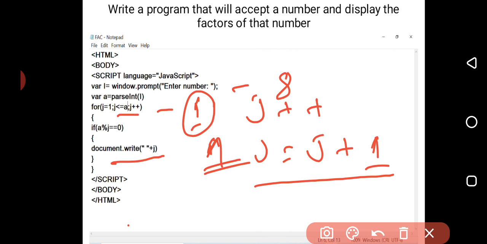Then j plus plus means the value of j will be j plus 1, which is 2. With 2, it will be divided, remainder will be 0, and it will be printed. Now the next value is 2 plus 1, which is 3. With 3 it will be divided, the remainder is not 0, so it will not be displayed there.